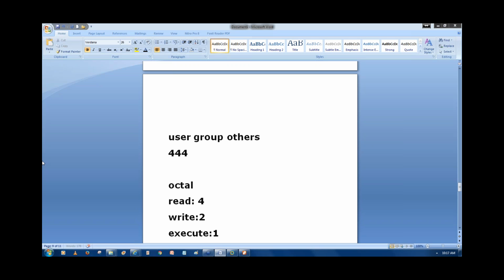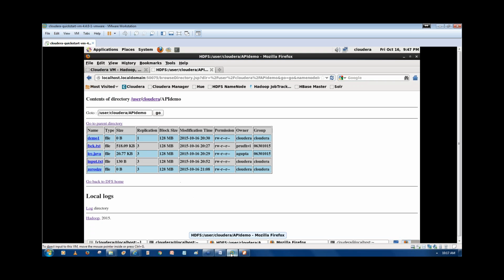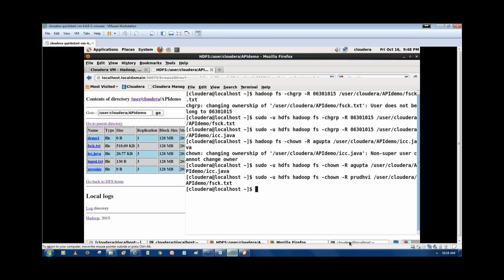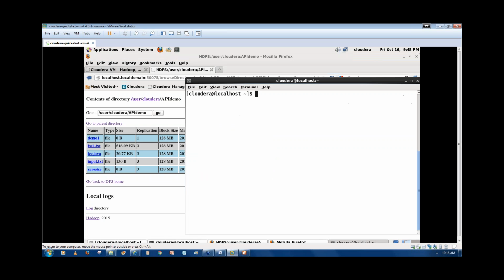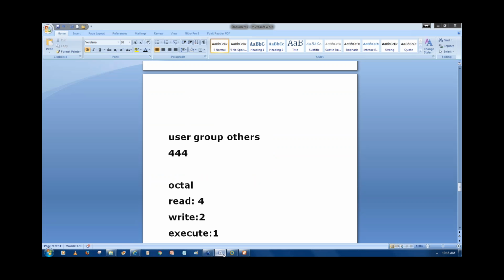Okay, so we'll see here. We have a file, fsck.txt, right? A user can read and write, a group can read, and others can only read. Now I want to make this read only for everybody. So what is the command here? It's simple: sudo -u, change mode 777. Sorry, 777. Now what I want to do is assign read only for everyone, right? Read only for everyone means 444,